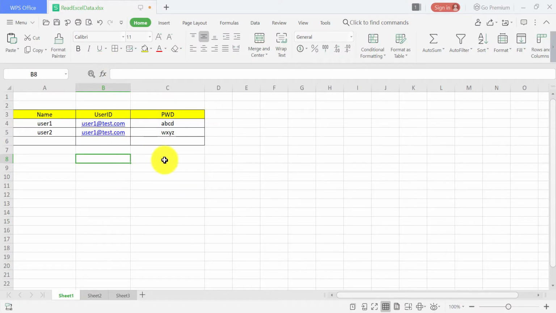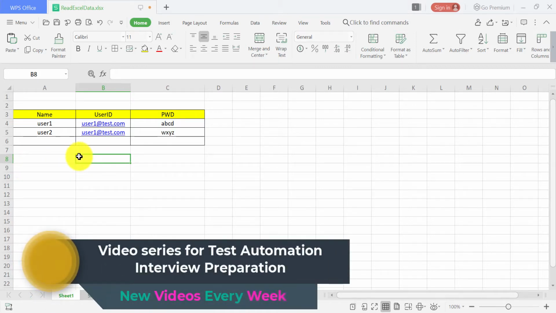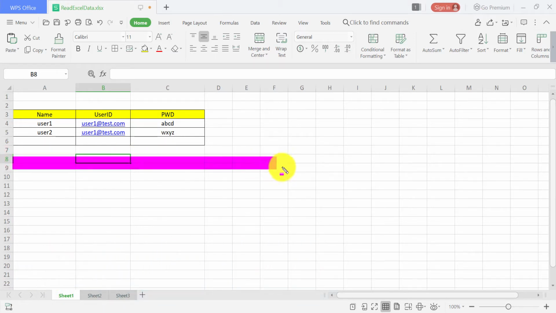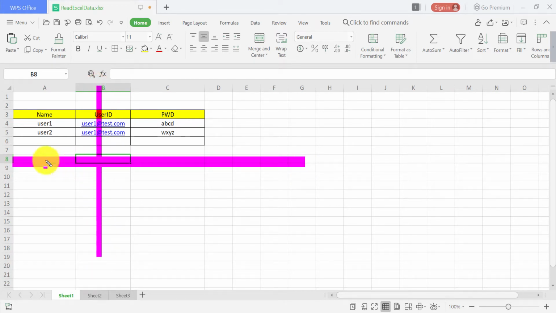So this is the Microsoft Excel. Here, if you see, Excel is nothing but a combination of rows and columns, right? If you consider any cell here, this cell is represented by some row number and column number. This is my row and this is my column, let's say. So this cell is represented with this row number and this column number. If you want to fetch any data from external files from any cell, you just have to give the row number and column number. According to that, that cell will be identified and we will read that data.